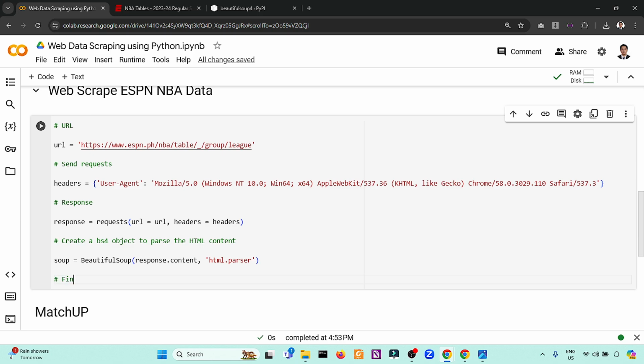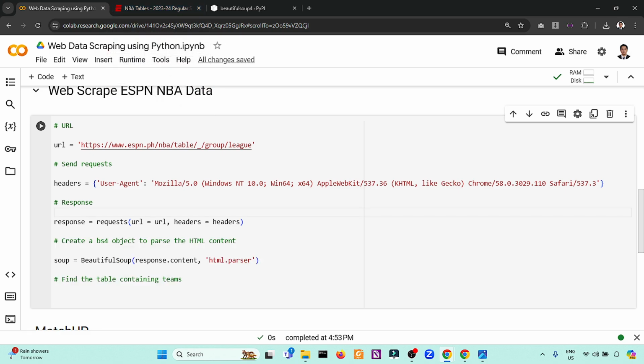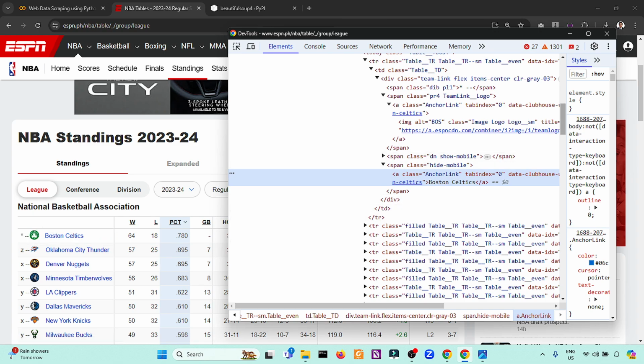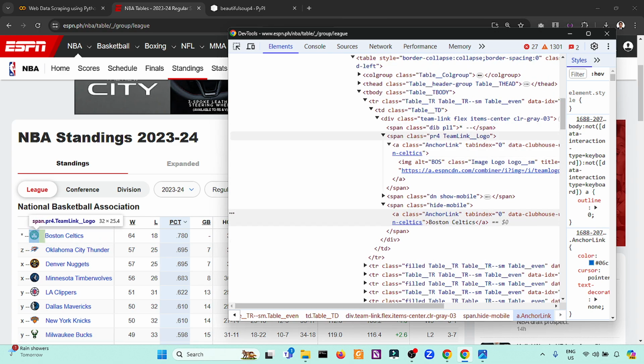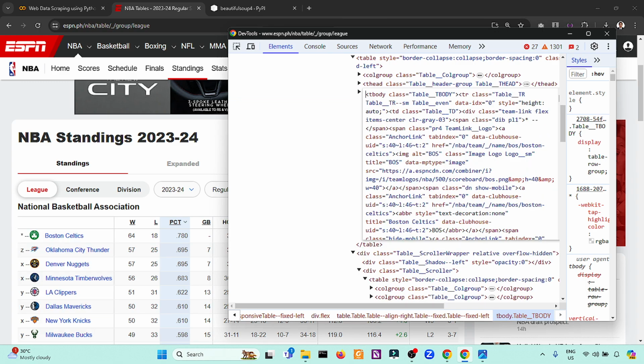Then the next code is very crucial. Find the table containing the team names. I've already studied the structure of this one, but for this tutorial, I will show you. The code that we will enter here is the specific code to make this work. The team name, if you inspect the browser, can be found inside a tbody with the class table body.